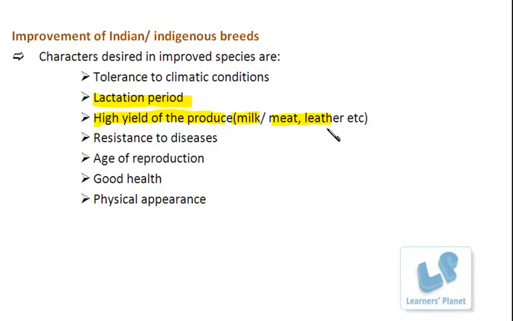Whatever product is obtained from these organisms, accordingly, the improvement program should be followed. So in short, the aim is to improve the product yield from the particular organisms growing in the farms. Then is the resistance towards the diseases. Of course, the animals or any living organisms can be attacked by different types of pathogens, and it is our own immune system which fights against the particular foreign agent. So they should have a good immune system, they should have good resistance power to fight against such type